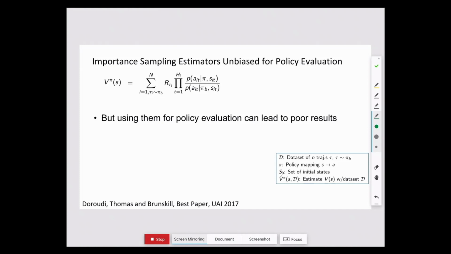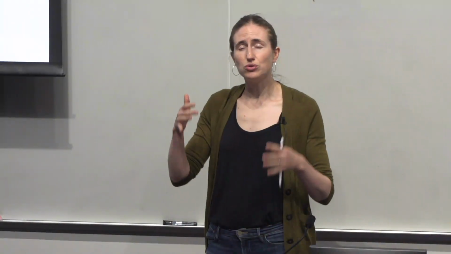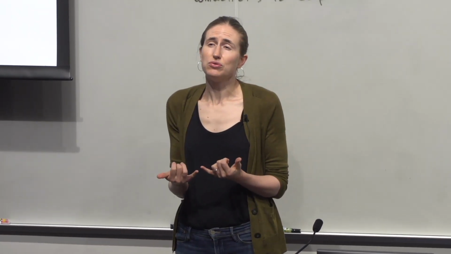What I mean by unfair is that you can systematically pick the wrong policy. The intuition is that your importance sampling estimators can have very high variance. So if you have two things with very different variances, then when you're taking a max over those, you can start to get bias. So this problem is non-trivial, just solving policy evaluation. If we can't do it perfectly, it's going to be challenging to use that for policy optimization.